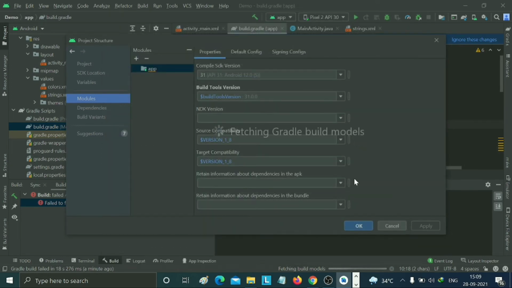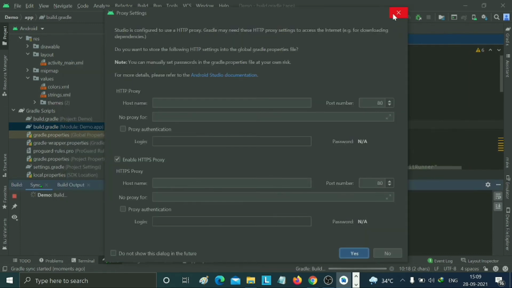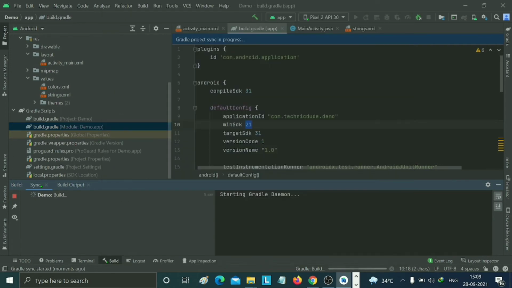Click on this and OK. Just click on OK. This is the first solution. If this works, then this is great, and if this is not working, then I will provide a second solution. So just open and run this application again. I will check whether this is working or not. This is in processing mode. This is our first application in the latest version of Android Studio.